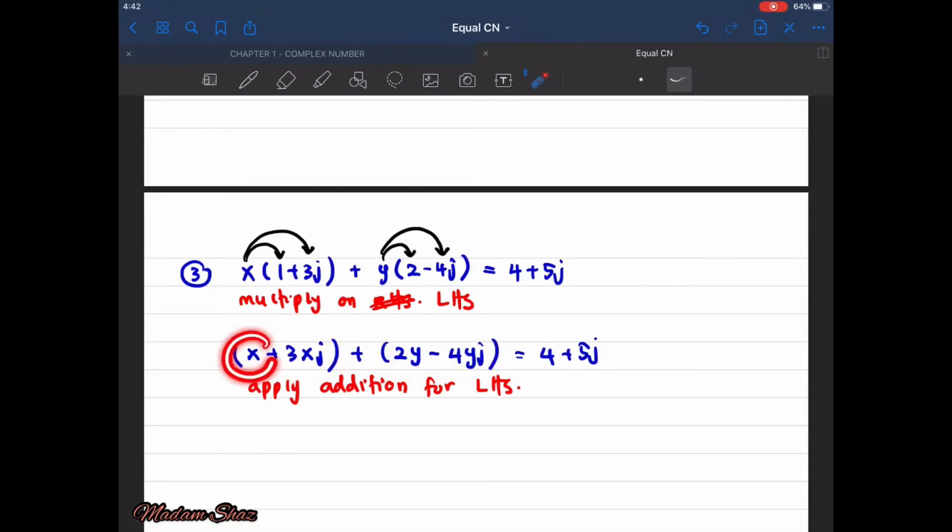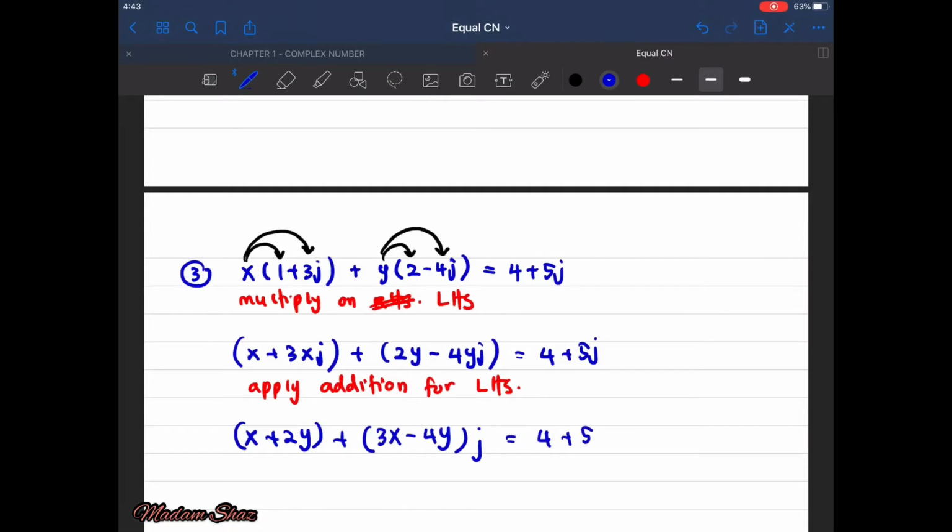The real number, you have to add with the real number: x plus 2y. Then the operation for the imaginary number, 3xj plus negative 4yj, is 3x minus 4y. I just put j at the back here because both contain j, equal to